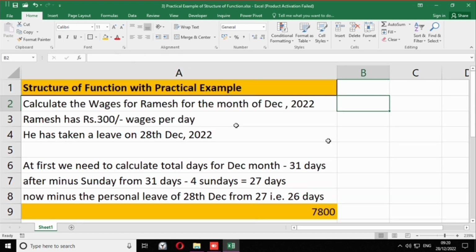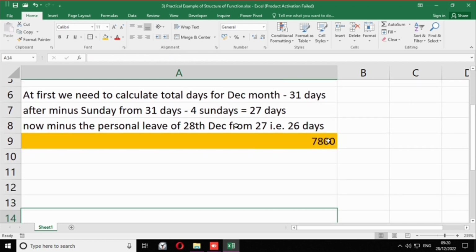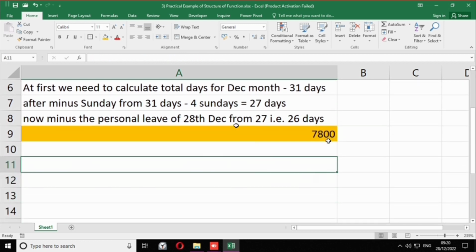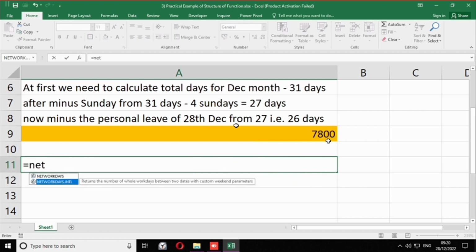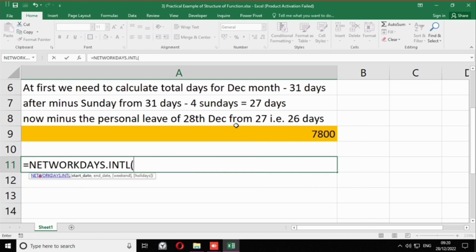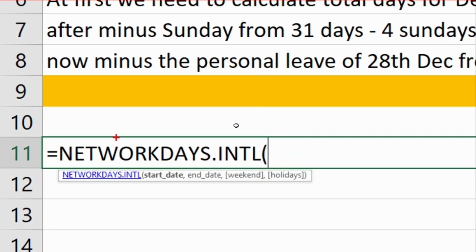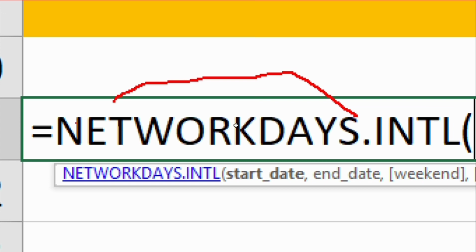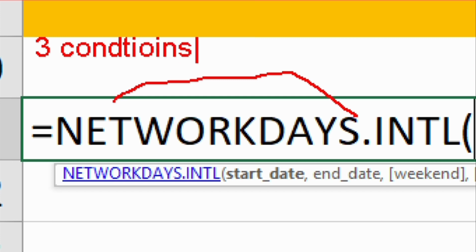Now how will it go when it comes to the function? Simply I will do one thing: equal to, there is a function named NETWORKDAYS.INTL. What is my function name? Equal to NETWORKDAYS.INTL. Now I have totally satisfied 3 conditions of any function which we saw in my previous video.